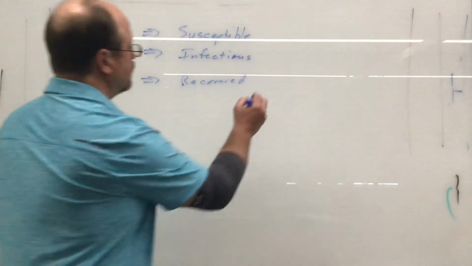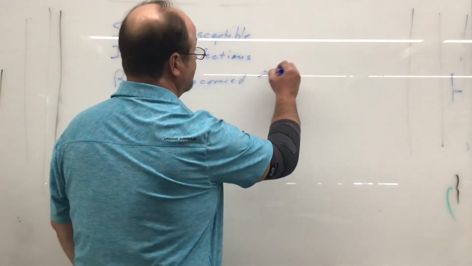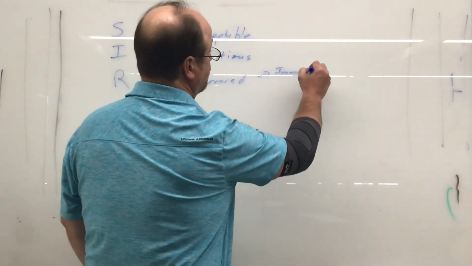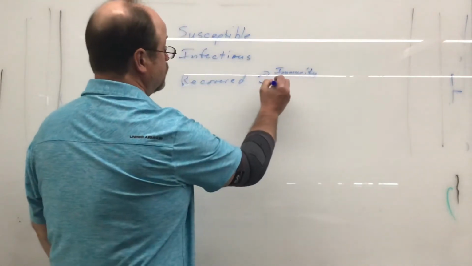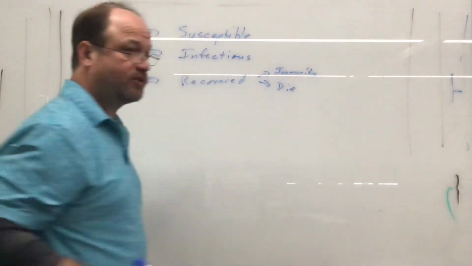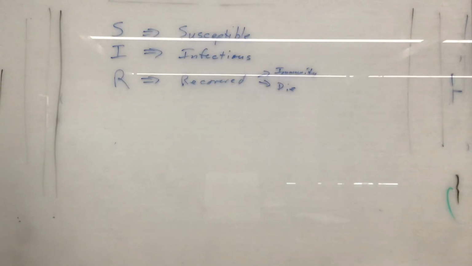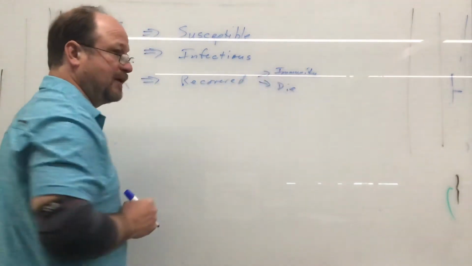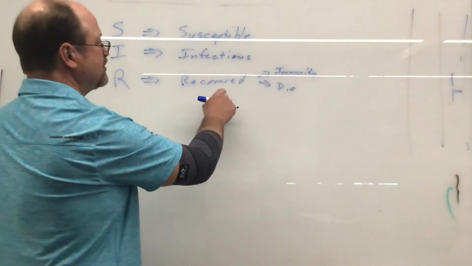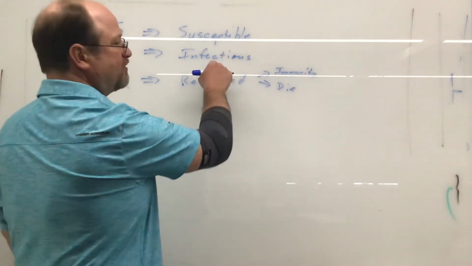getting sick anymore. There are two types of recovered people: those that get immunity, they have antibodies in the blood and get immunity; those that die. Those are both considered recovered cases. In our model, recovered doesn't mean you got better. Recovered means you can no longer catch the disease. And if you're dead, you can't catch the disease. And if you have recovered, you can't catch the disease. But also, recovered just means you're no longer part of the infectious group.